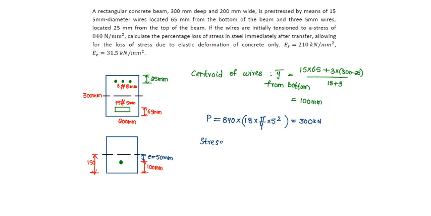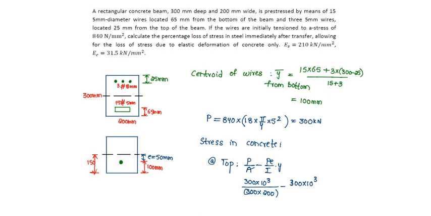Stress in concrete, first at the level of top wires, will be equal to P by A minus PE by I into Y. P is 300 into 10 power 3, converted into newtons, by area is 300 into 200, minus P is 300 into 10 power 3 to convert into newtons, into eccentricity is 50 mm, into Y is the distance from neutral axis to the level of top wires, that will be equal to 150 minus 25, by I is BD cube by 12, so 200 is B into 300 cube by 12. The stress will be obtained as